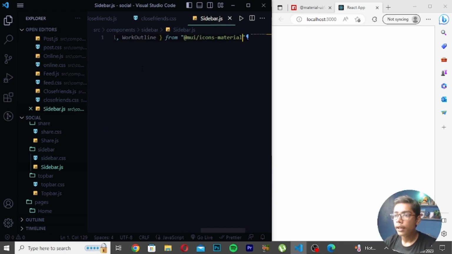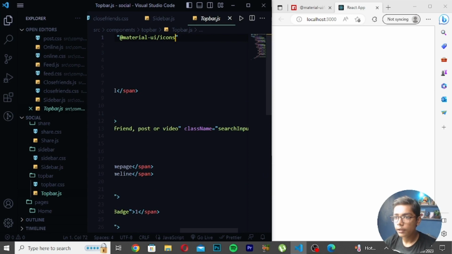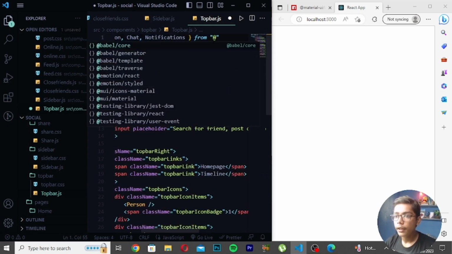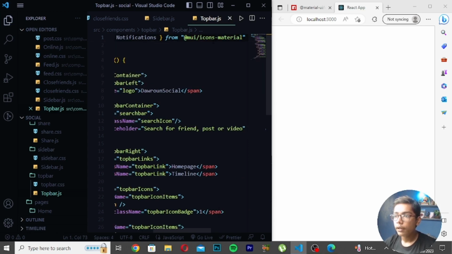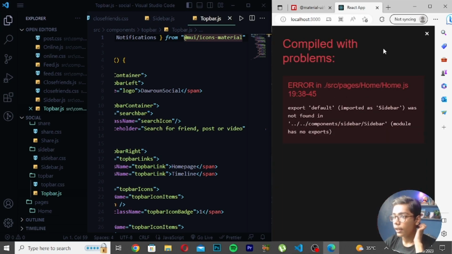If I write this MUI icons, so if I move to my top bar file, and if I change this thing to my MUI material, so here I will be moving right here @MUI material, save it. So after saving this, you can see we are just getting this thing here. So here I will be now just pressing enter. So you can see I think that any error it is not showing me here. So I will be now just pressing enter. You can see this. It is